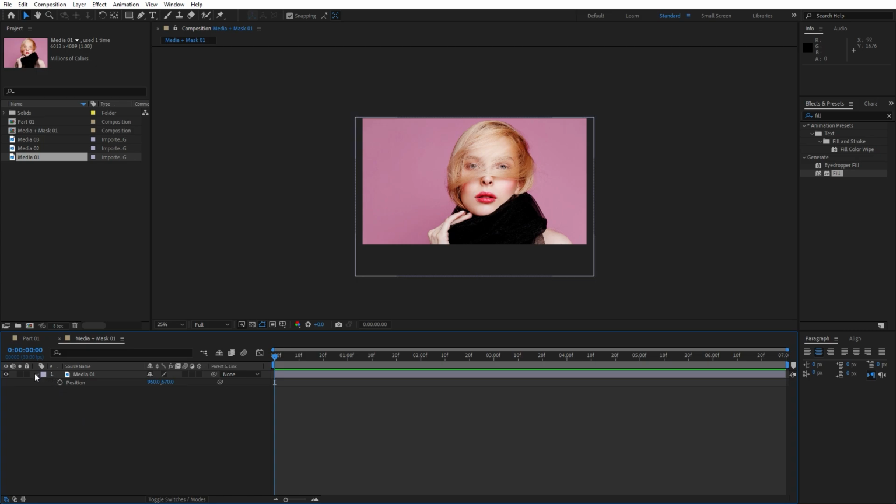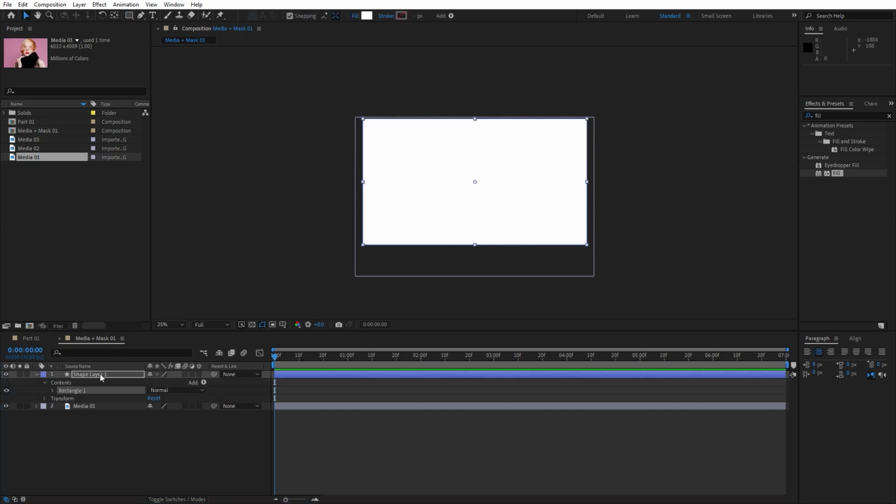And now let's create the mask for our media 01. Hit Q on your keyboard or go here on this little icon, rectangle tool. And for this rectangle, let's set stroke to none. Hold Alt and left mouse click, and find here fill color, set this to solid color, OK, and just make sure to unselect everything here and just double click on this little icon. And now as you can see we created this shape layer 1 and let's rename it to matte, OK,